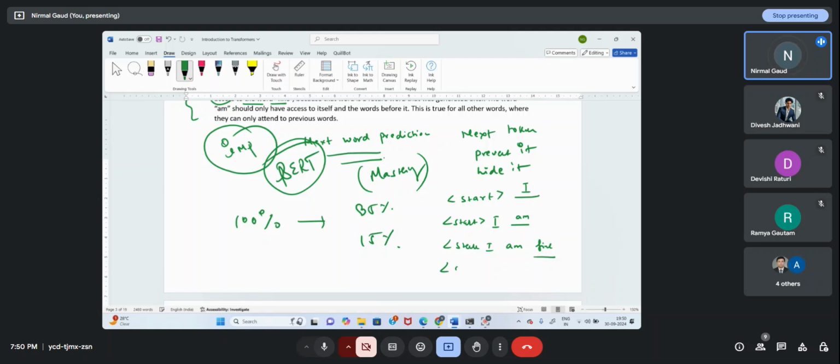And then the last is end token. Fine. Here is end. इन्हें हाइड करना है, ये तो मॉडल की रिस्पॉन्सिबिलिटी इन वर्ड को प्रिडिक्ट करना, तभी वो ऑटो रिग्रेसिव है।